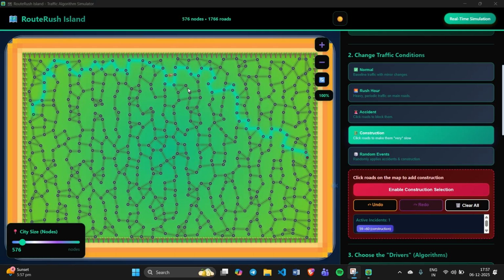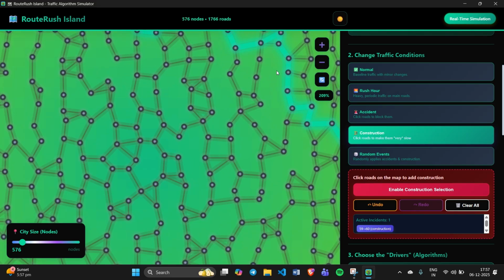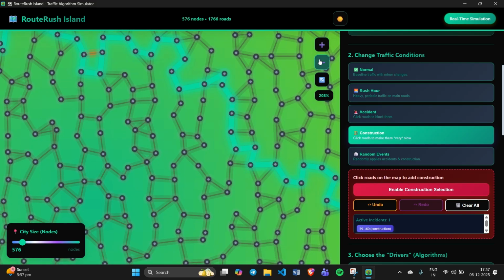Like this, you can mark multiple roads as under construction by selecting the edges. Like suppose I click here and mark this for construction, then this particular road is marked for construction and the depiction of it is shown via an oscillating hammer here. Let's clear the current changes